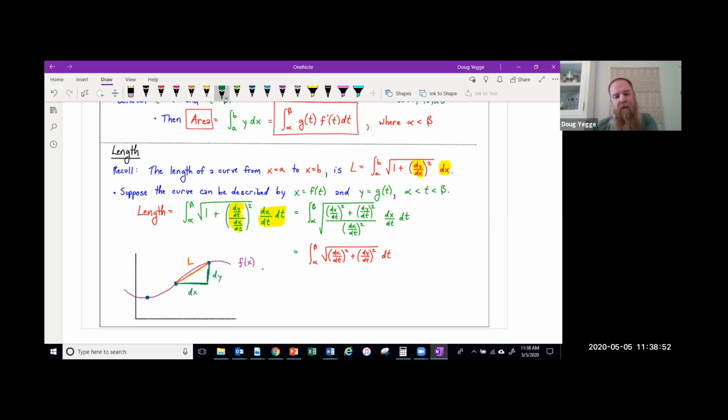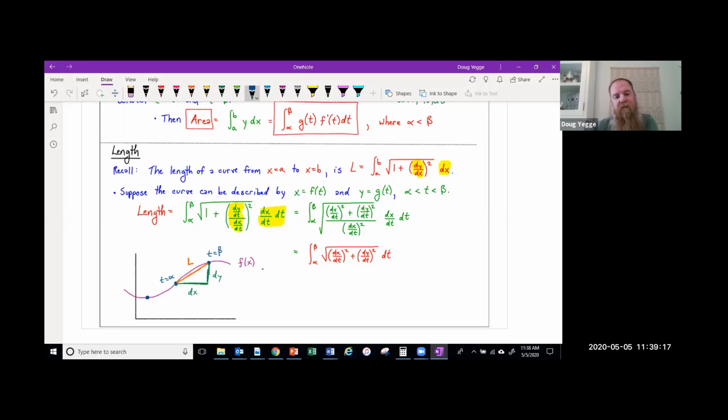But notice that that would imply that this length right over here is going to be, by the Pythagorean theorem, the square root of dx squared plus dy squared. But notice that if we were putting this in terms of t values, and let's just say that this is from t equals alpha to t equals beta,